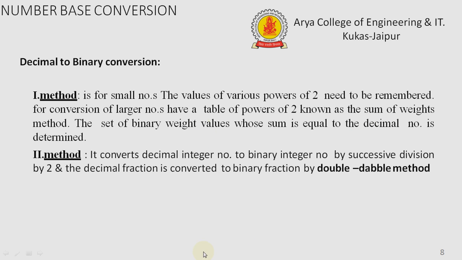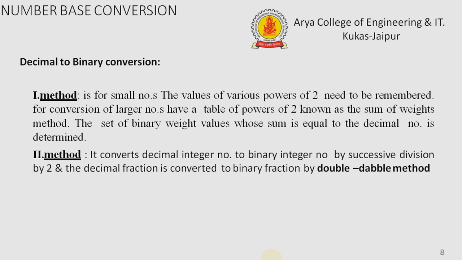So as I am taking the value of 64, I have to divide it by 2. So first I divide it by 2. 2 3s are 6 and 2 2s are 4. I have the remainder 0. Then again I have to divide it by 2. Then at that time I get 2 1s are 2 and 2 6s are 12. And then next time I divide it by 2, and so on.